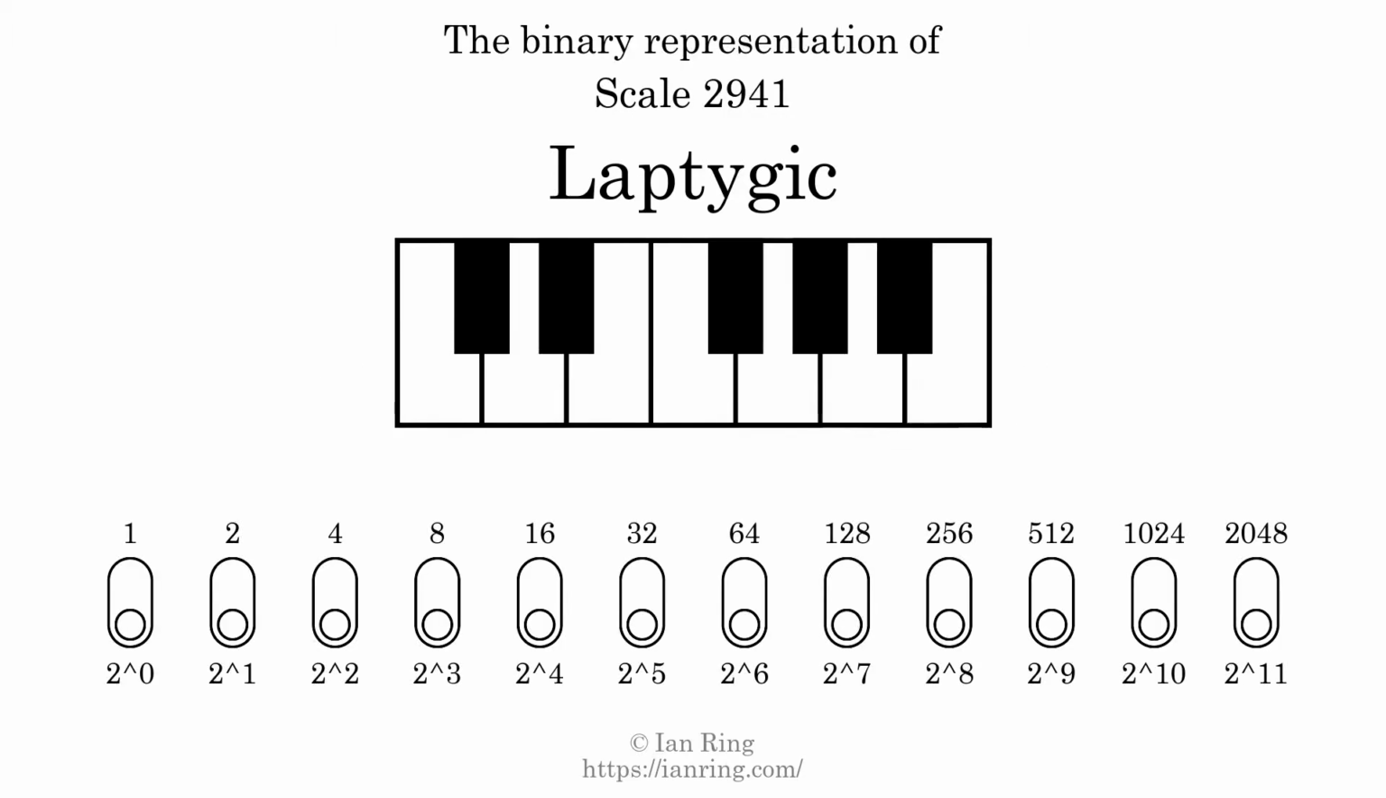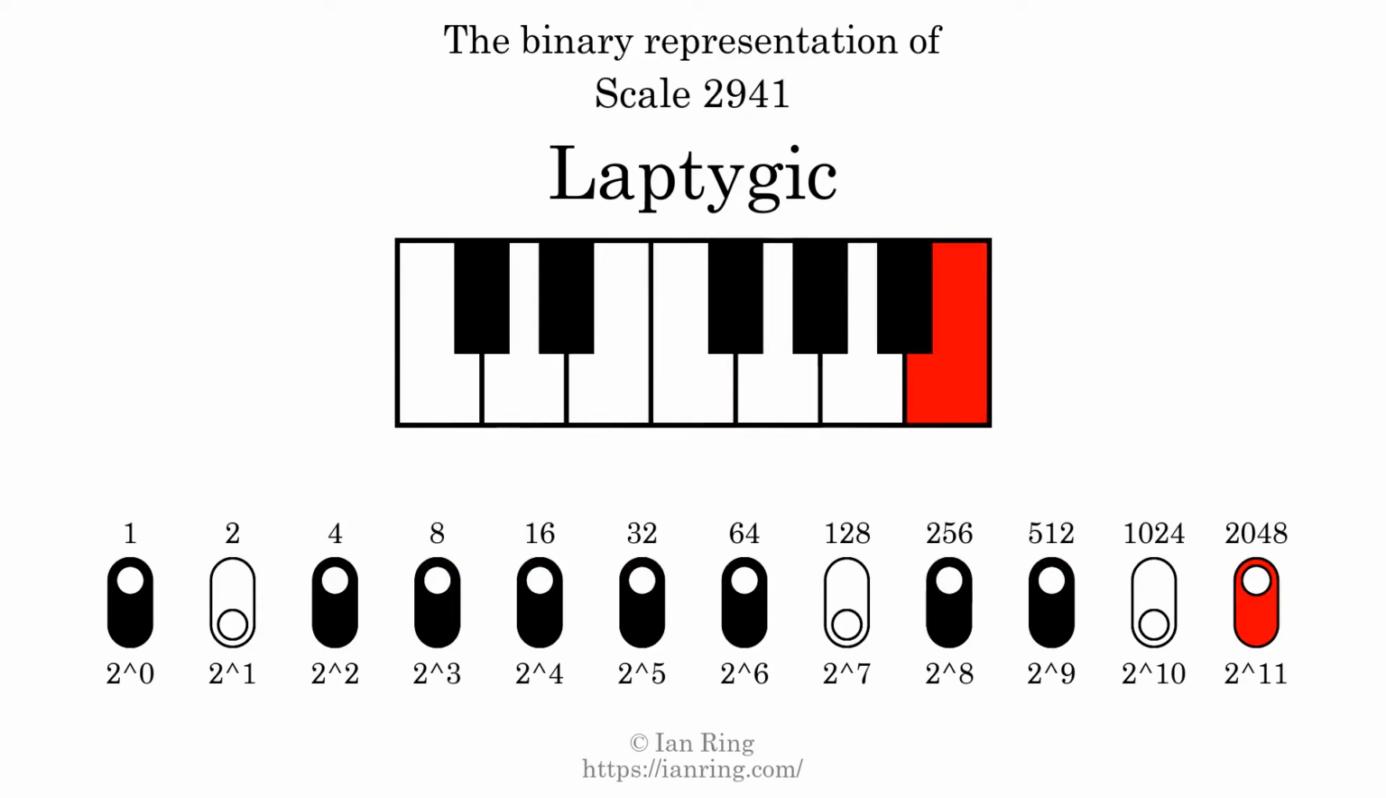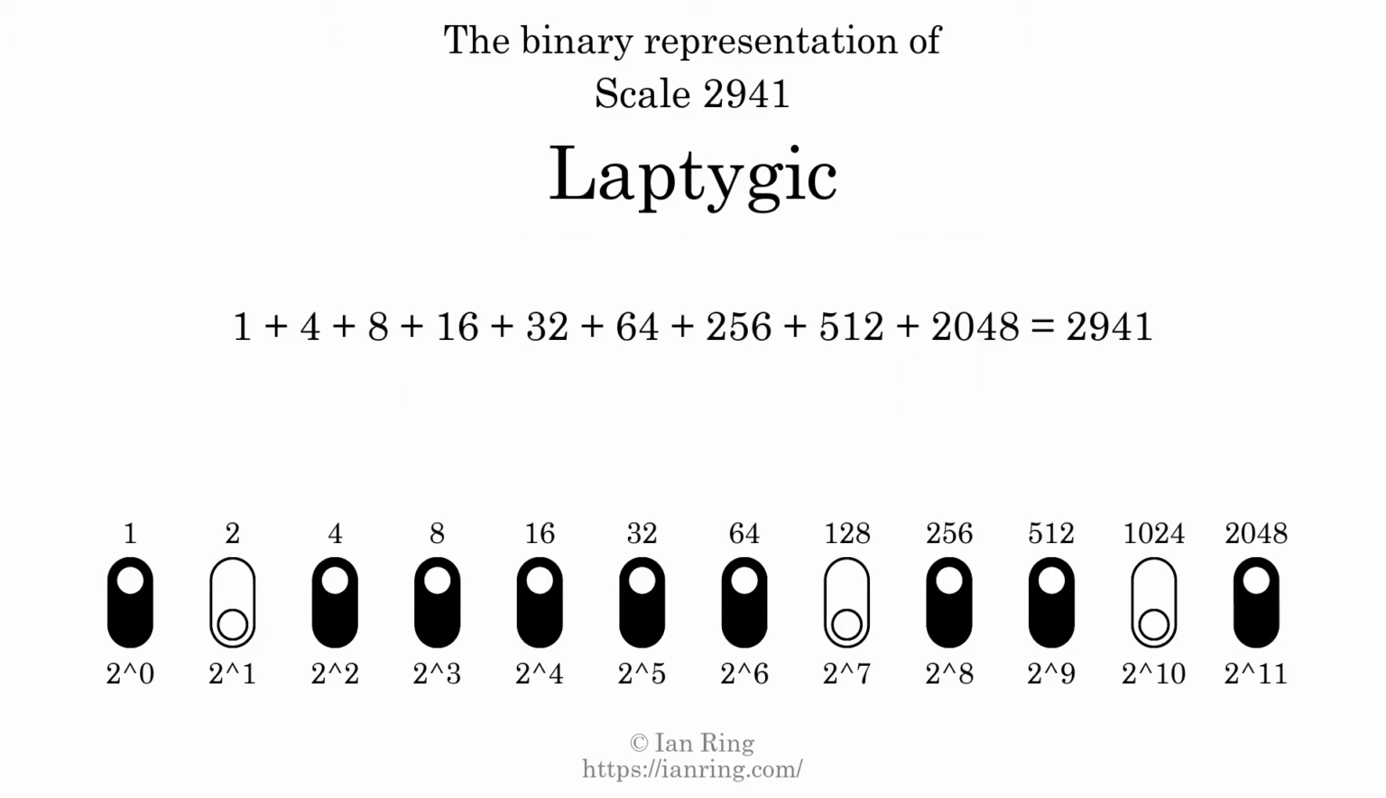The binary representation of this scale is determined by mapping tones of the scale to binary digits. Each binary digit represents a power of 2. To get the scale number, we add the powers of 2 together. The powers of 2 that are present in the scale, all added together, equals 2941. That is why the scale number, in decimal, is